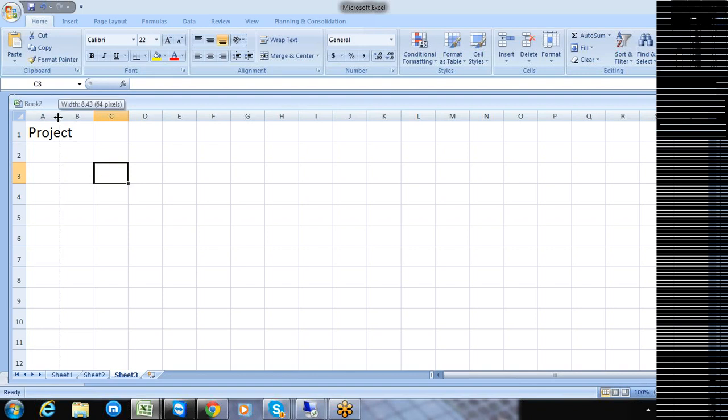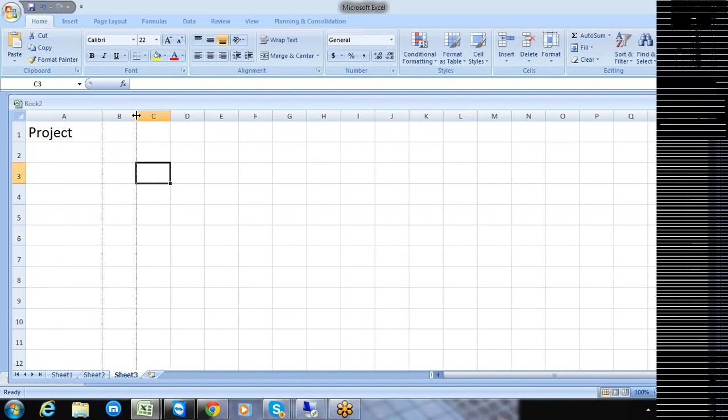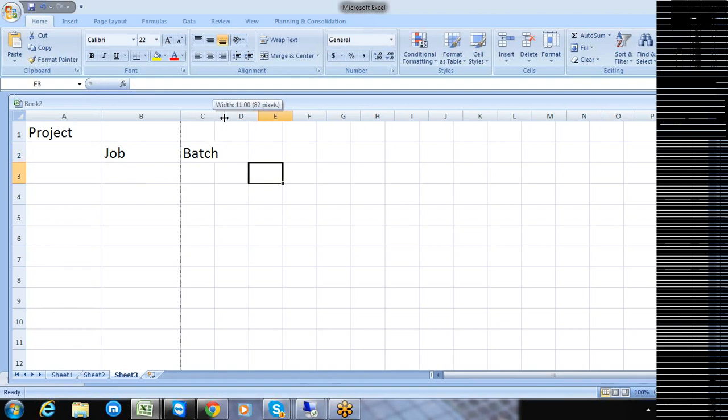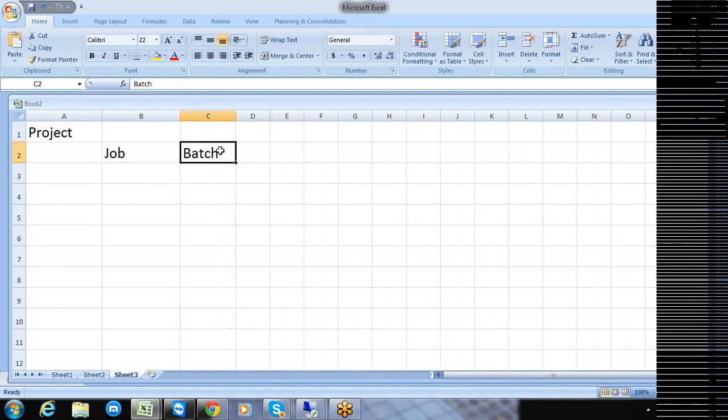Within this project, we are going to create a job. The job, we are going to make a batch job. We are going to create a particular batch job. Within this batch job, we need to create a data flow. This is the terminology we are going to use.